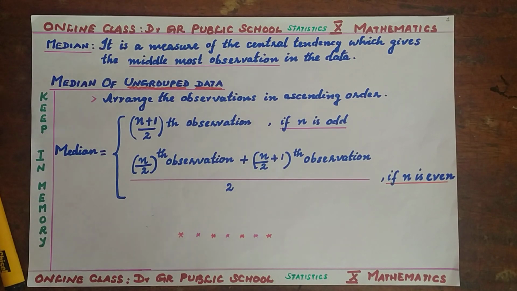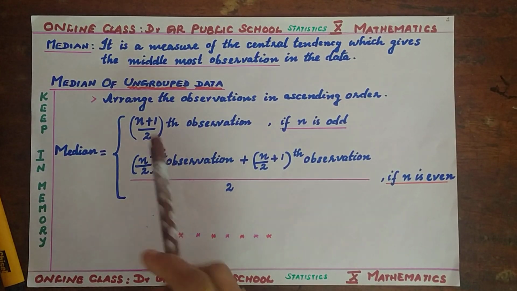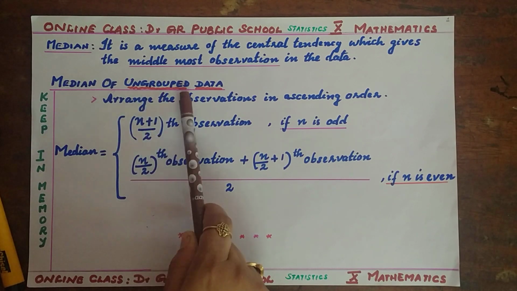But in this section, we are going to find the median of ungrouped data. Listen to this, ungrouped data by means of a formula. Why? Because last year only 7 or 8 observations were there. This year, for finding the median, the observations are a larger number and hence we need to apply this formula. Look at this, median of ungrouped data.